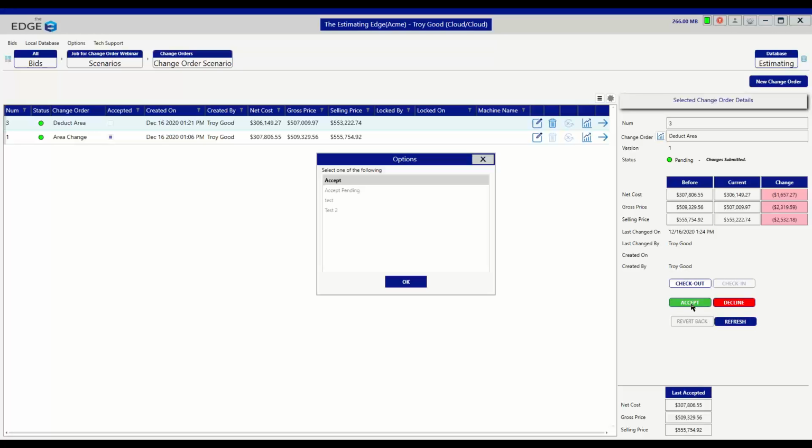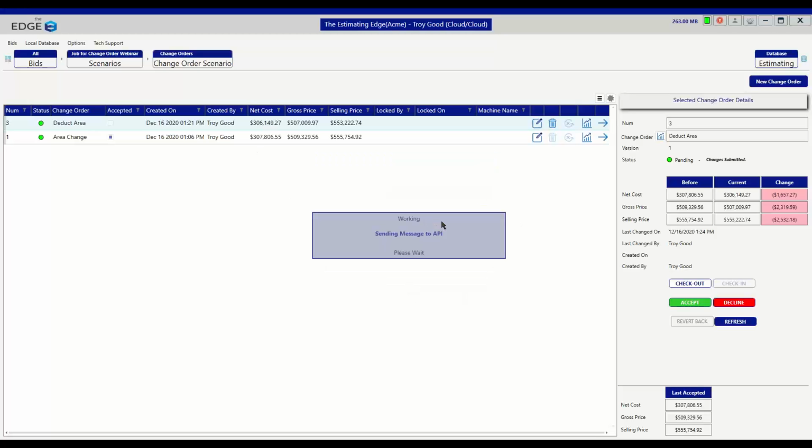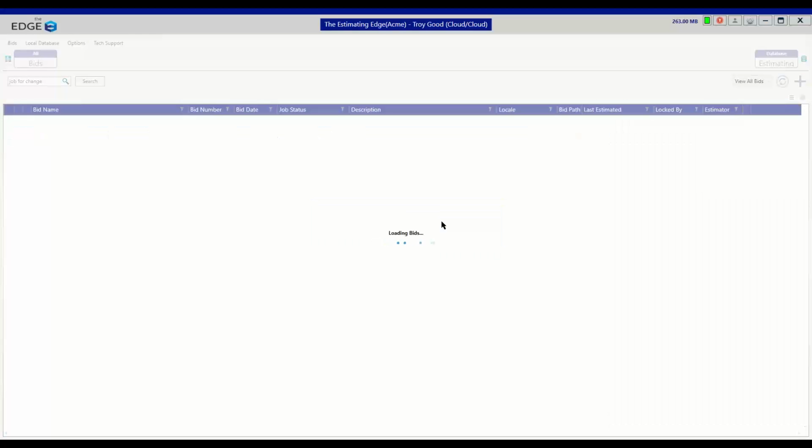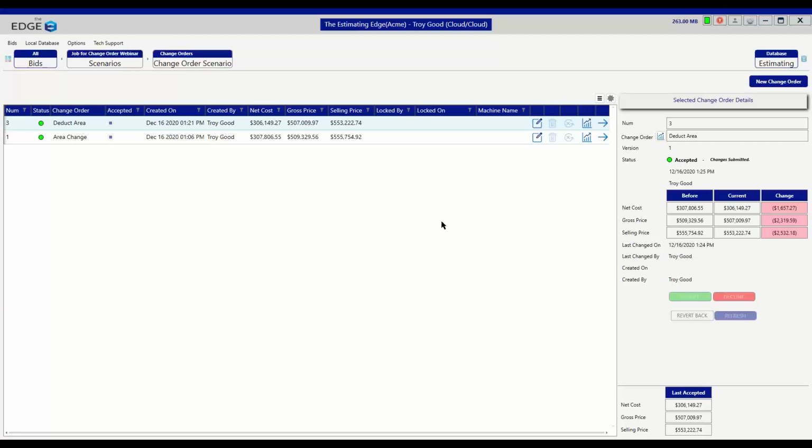So now when you create a new change order, your new change order is going to be the starting dollar amount of the current change order we're accepting. So now we're going to accept this one right here. And if I create another one, you'll notice that my net cost is going to start at $306,149.27. And that's how you are able to create a change order, modify the information, go in and accept them. But then also, if you run into a conflict,